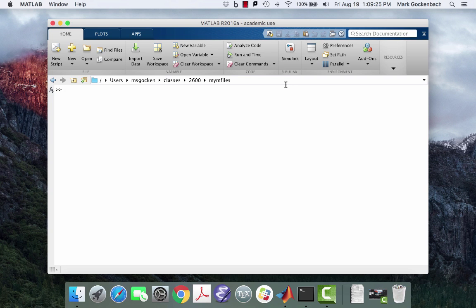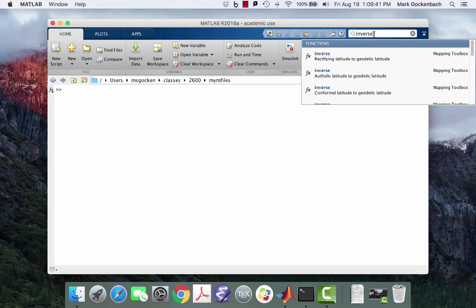Now let's move on to do some other calculations. Suppose I want to compute the inverse sine of 3/4. My first question would have to be, what's the inverse sine function in MATLAB? To answer this question, we can use the search documentation bar at the upper right of the MATLAB desktop. For instance, if we type in inverse sine,